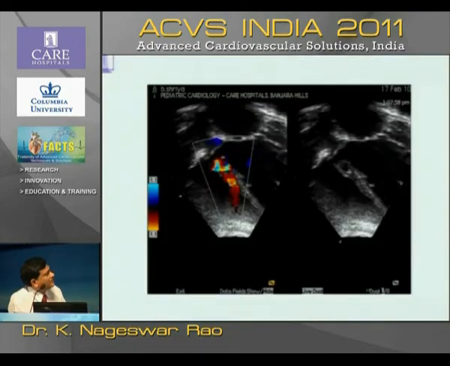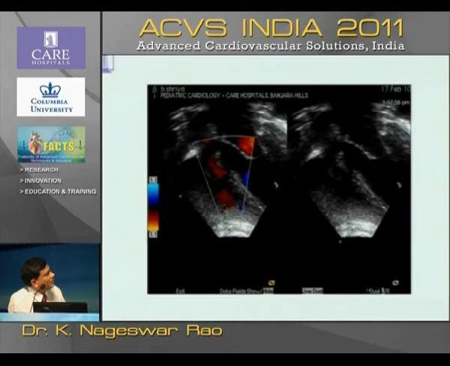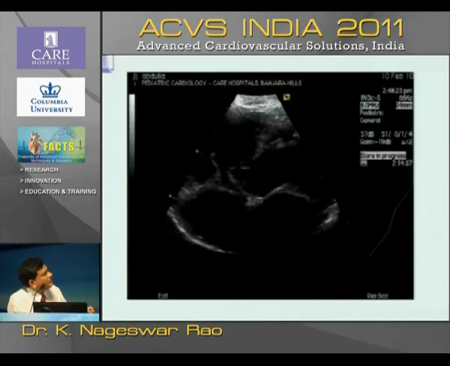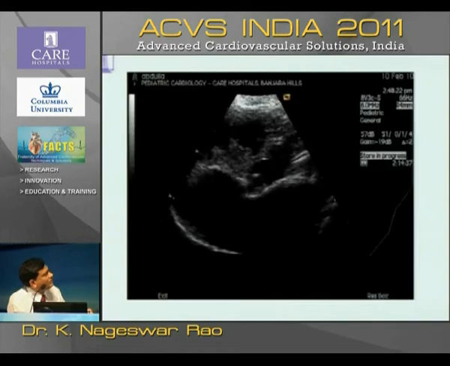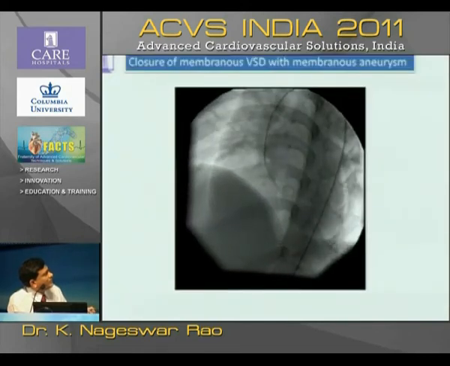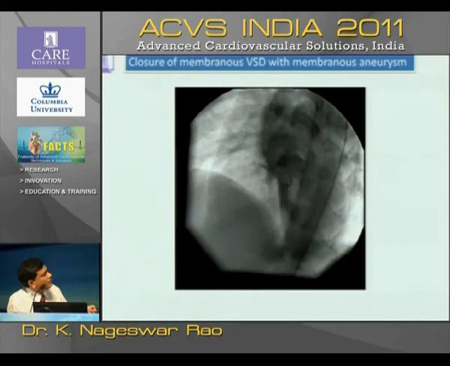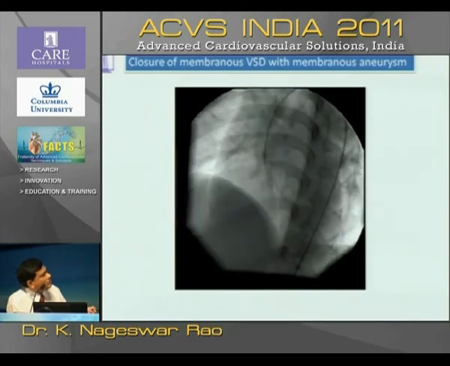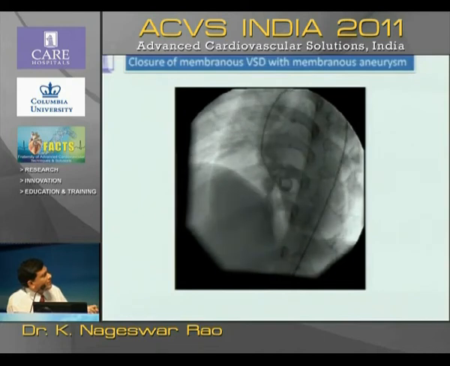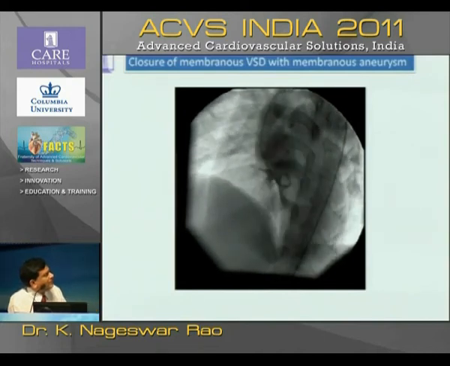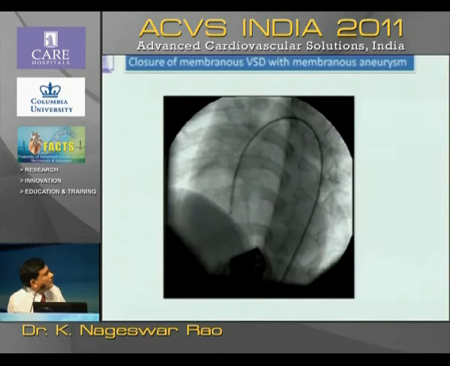It's easy to identify by the echocardiogram, but fenestrations may be in different planes. So usually angiogram will show you the multiple fenestrations like this. One fenestration here, another opening here. If you want to close with one device, probably it is not possible in this kind of case. You have to put one device here, another device there. So that's one device deployment.